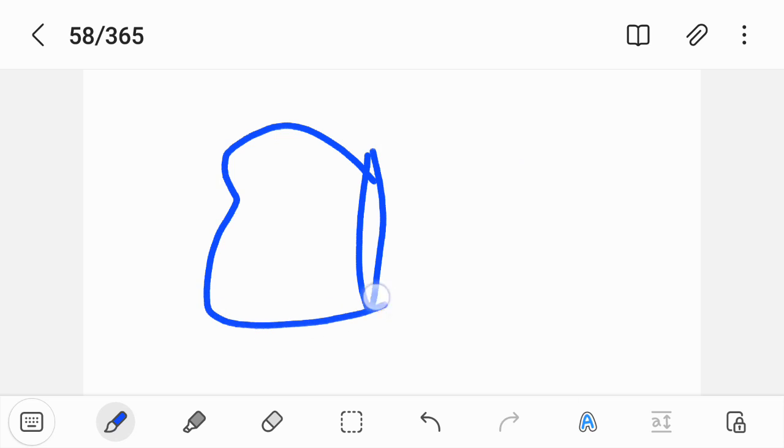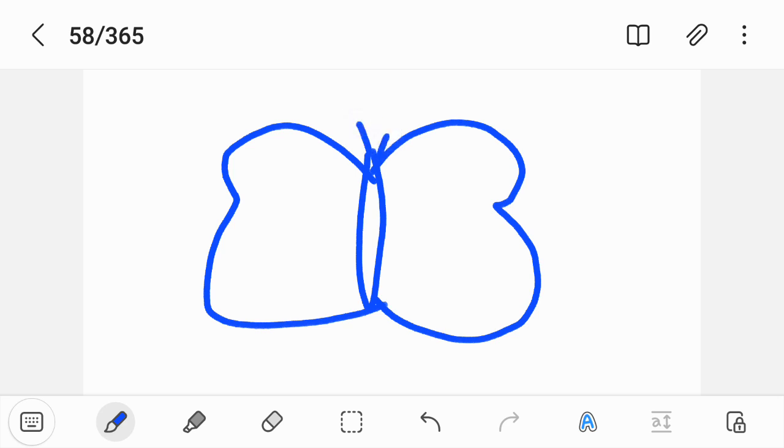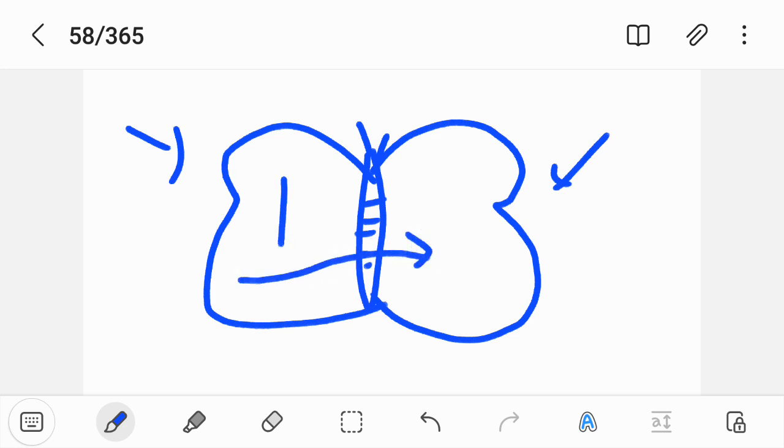But why is it called butterfly effect then? What about the butterfly part? I'm not really sure about why it's called butterfly itself, but I can only imagine that this is like a butterfly, right? This is the body and then these are the wings. And apparently, if you do something over here, it will be the cause of the result in the next swing, and then